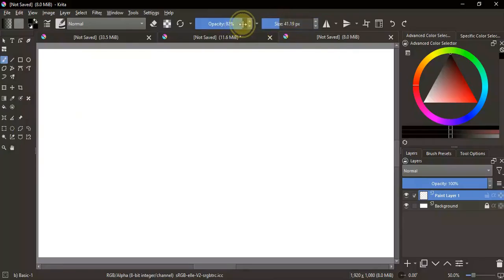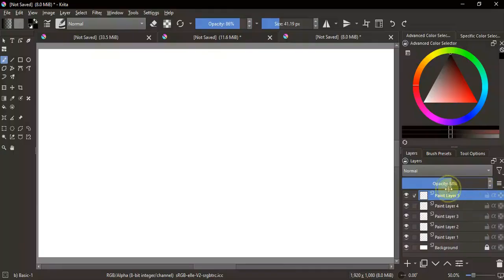Now, let's explore the toolbar located on the left side of your screen. This is where you will find all the essential tools for drawing and painting, such as the brush, eraser, and selection tools. Tap on the brush icon to open the brush settings, where you can adjust the size, opacity, and flow of your brush. Experiment with different brushes by tapping the Brush Preset button to find one that suits your